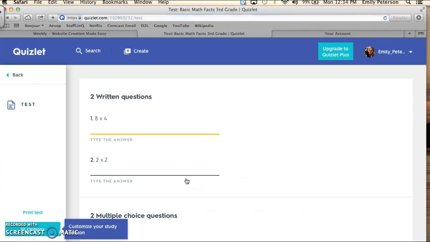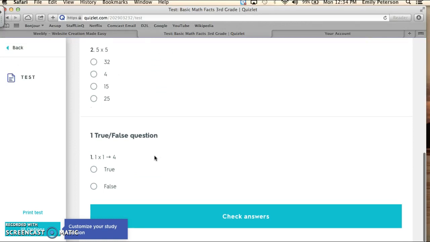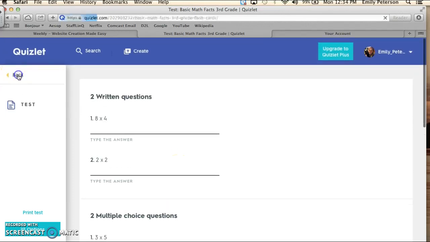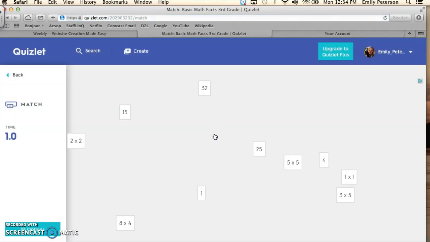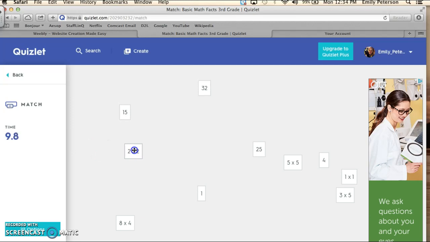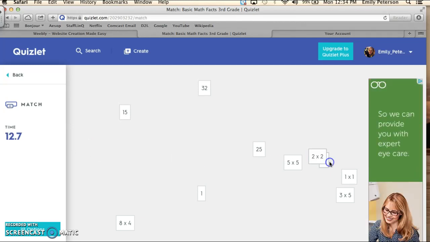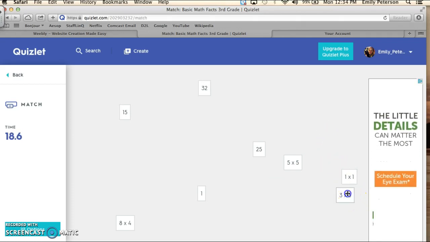Here you can click test, which creates a test for you, with multiple choice, some written questions, and a true false. This would obviously be false. Going back, the match feature, start game. You're just matching them. So you're just clicking and dragging them to the correct